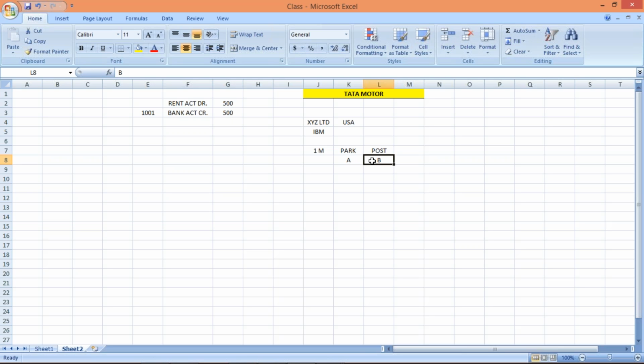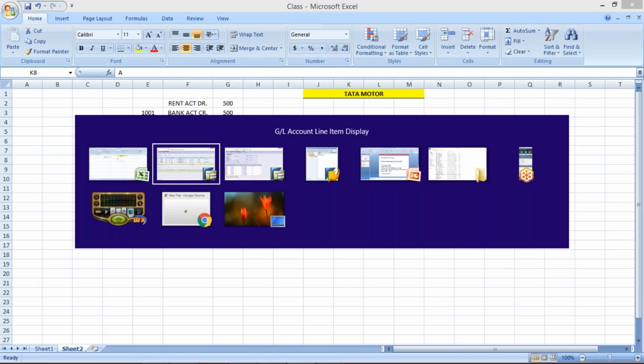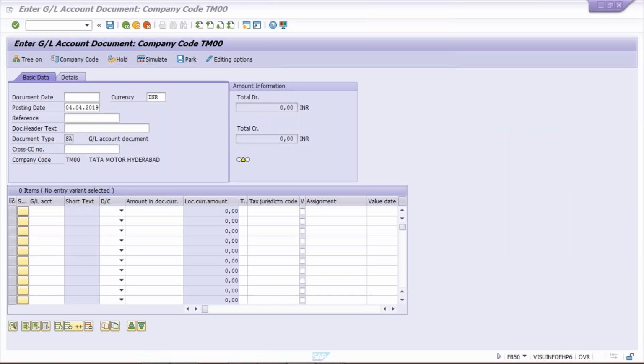Document number 1006 was generated here. Now B is going to log in to the system with his own user ID, and then B is going to use a transaction code